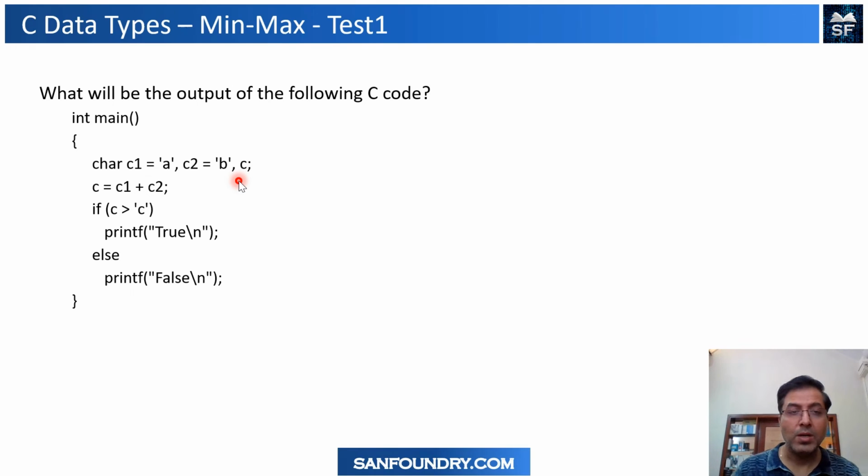So this is a small letter a, so the ASCII value is 97 and this is 98. Okay, so 97 and 98, and then the ASCII value of the character c is 99. So it's in a sequential order: 97, 98, 99. We do a summation, store the result in a character c and compare. So what will be the value? Will it be true or false in the output?